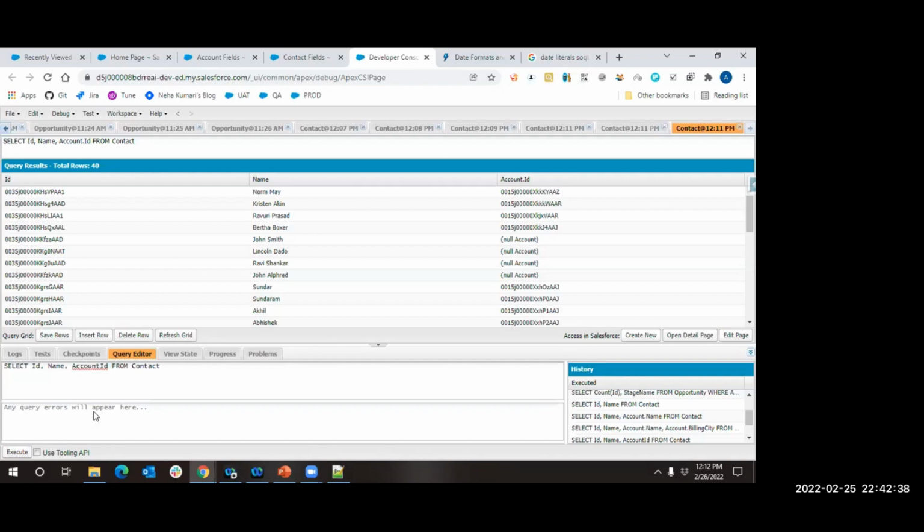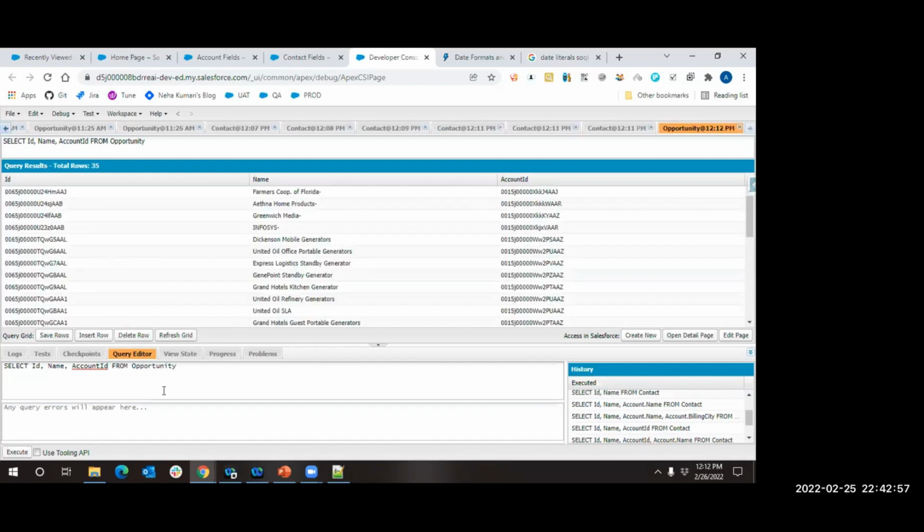Account ID can be so easily available to you when you write your query on the child object itself. You are not at all looking onto the parent. Account ID is a field present on the contact. So why do you want to go for the parent record and then fetch the ID if it is available on the child record itself? Same applies for opportunity also. You can just say like this: